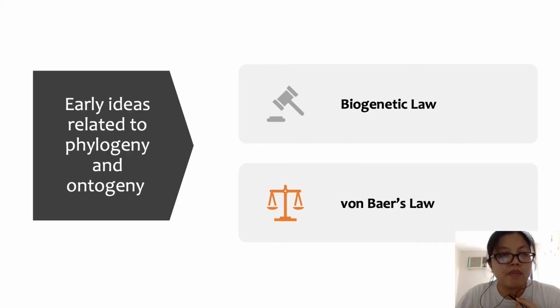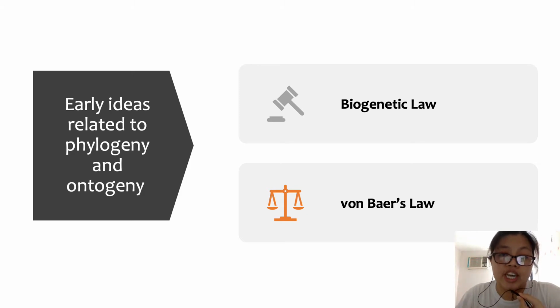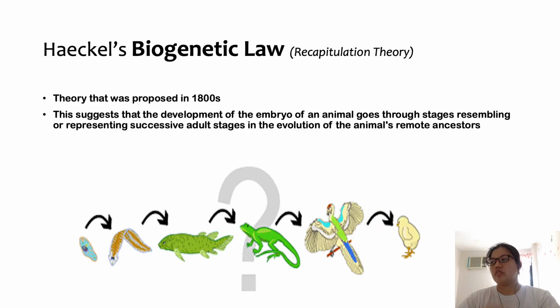Okay, next is about different ideas related to phylogeny and ontogeny. We have two laws that were stated in your learning guide: the biogenic law and the Bond-Byers law. Alright, first theory, let us go back to the theory that was proposed by Ernest Haeckel, that was previously